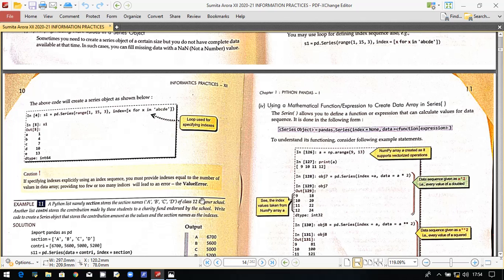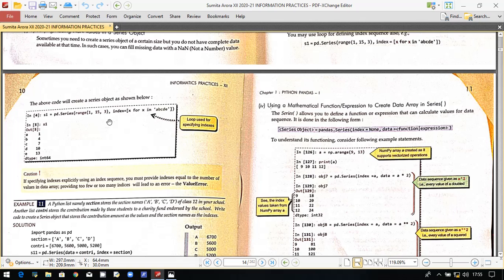Okay, so be very specific with this: if you are creating a series object and passing the sequence for the data in the series, and the number of data values is n, and the number of indexes is other than n, that is going to create a value error. So it is to be very clear to everyone that whenever you are specifying the values in the series, they should be in the same number as the index.